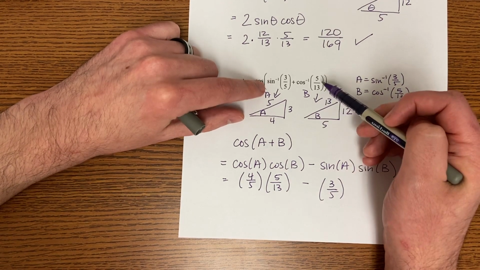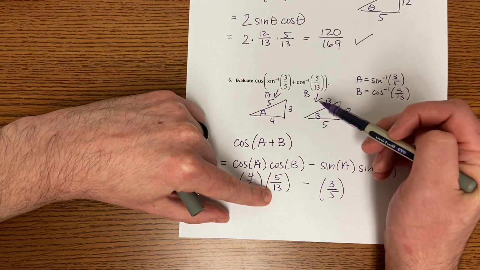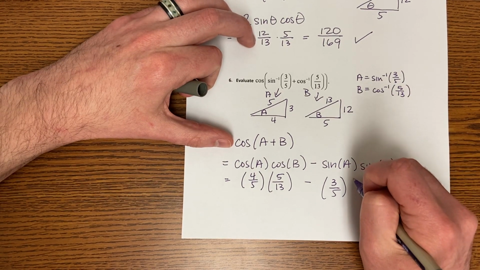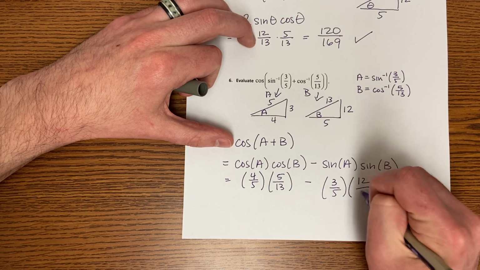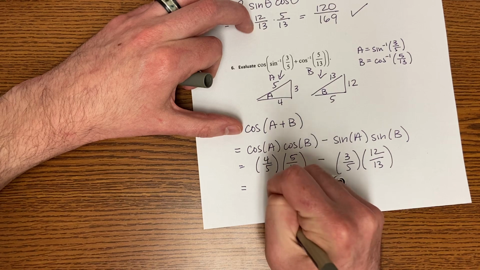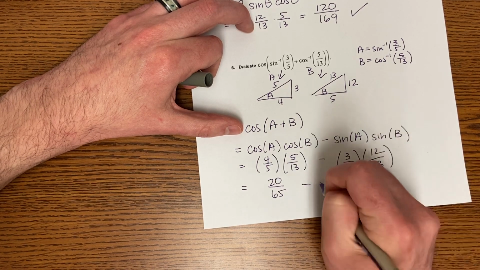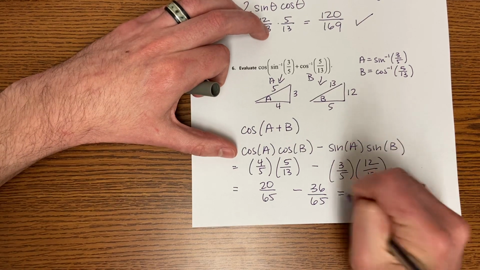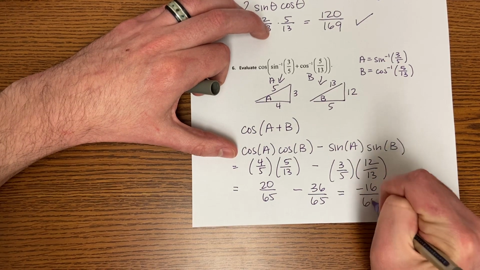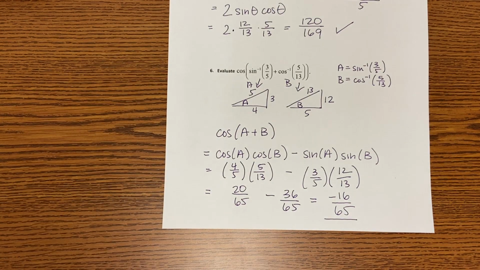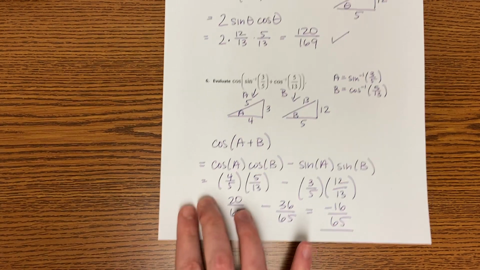Similarly, the cosine of B matched the cosine inverse of angle B. Sine of B was 12/13. And when you put them together, you'll get 20 over 65 minus 36 over 65, which is -16/65. So you can see that these interact very easily with the other types of trig identities that we've learned,